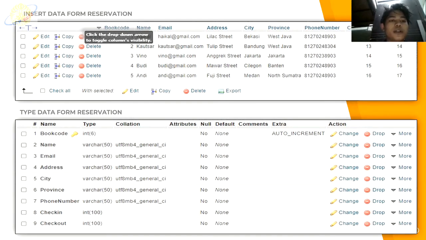If you insert data into the reservation form, you can see the book code, name, email, address, city, province, phone number, check-in and check-out.